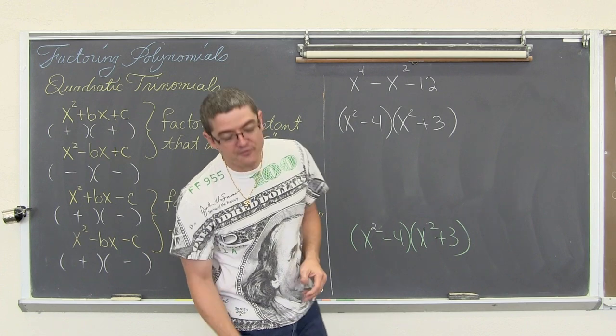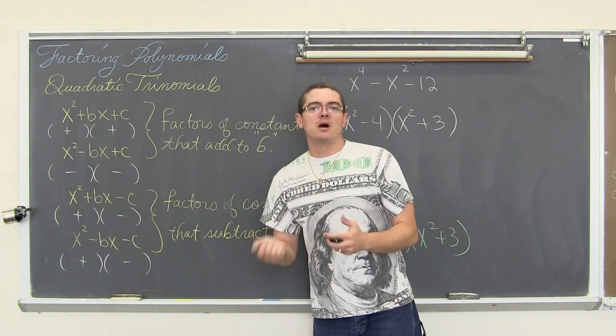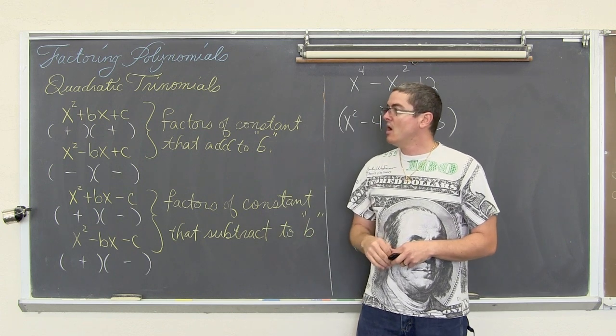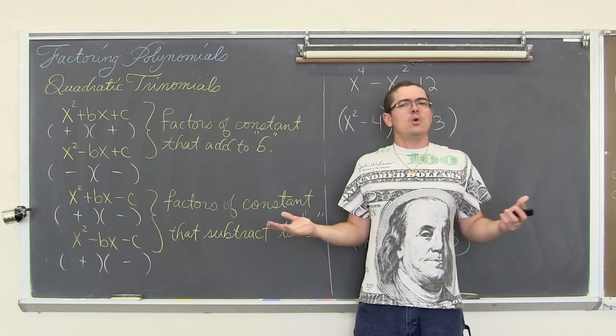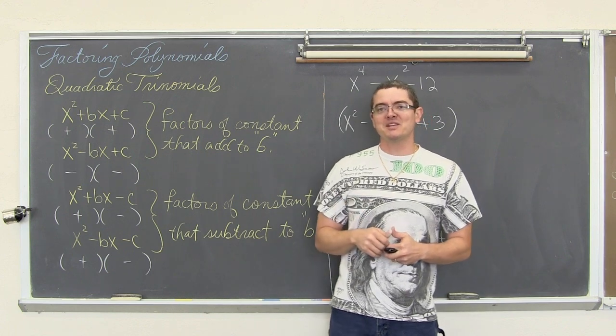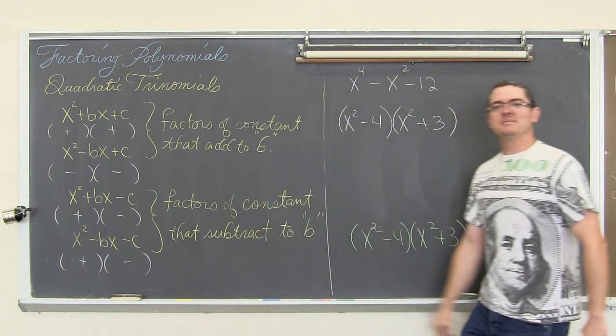Well, that's how you factor quadratic polynomials. Actually, let's just call them trinomials. These all had 3 terms. When the leading coefficient is equal to 1. What if it's a number that is not equal to 1? That's coming up in the next video. But for now, go do your homework.